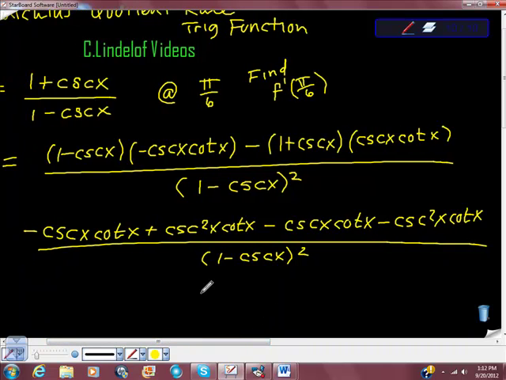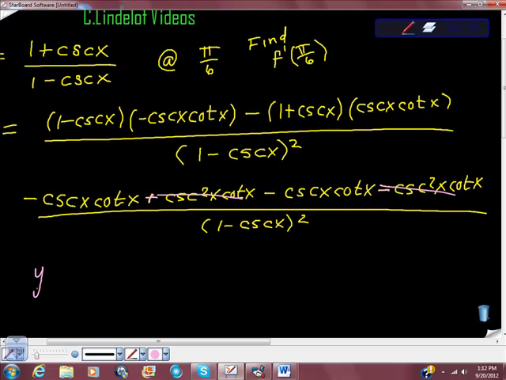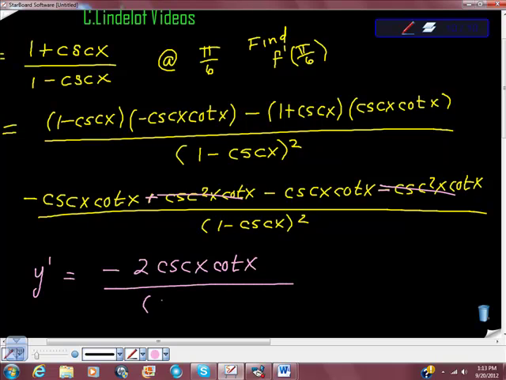Alright? Then from here, look, you can see some of this stuff crosses out, doesn't it? Hector, check this out. This piece right here, positive cosecant squared x cotan x. Here's the exact opposite of it, isn't it? So it's just like having 5 minus 5 goes to 0. So these two things cancel. Then I can just do my rewrite and say that y prime, the derivative, is equal to, I have two of these. I have negative cosecant x cotan x, and then I have another one right here. So I have two of them, and they're both negative. So I have negative 2 cosecant x cotan x all over 1 minus